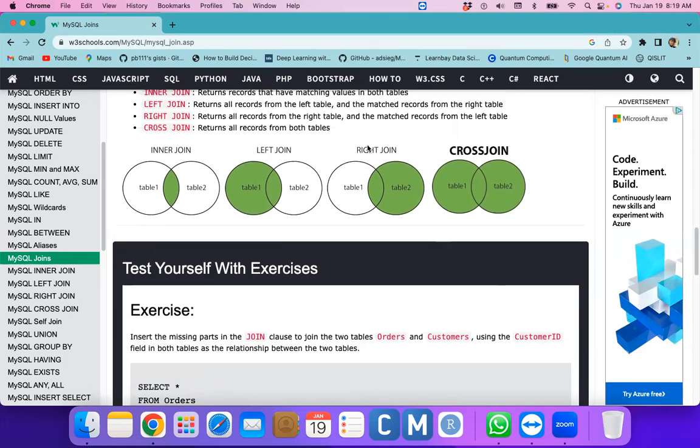And the left join returns all the records from the left table, and from the right table the records which are matched. Those are the things it returns. In the right join, it returns all the records from the right table. And